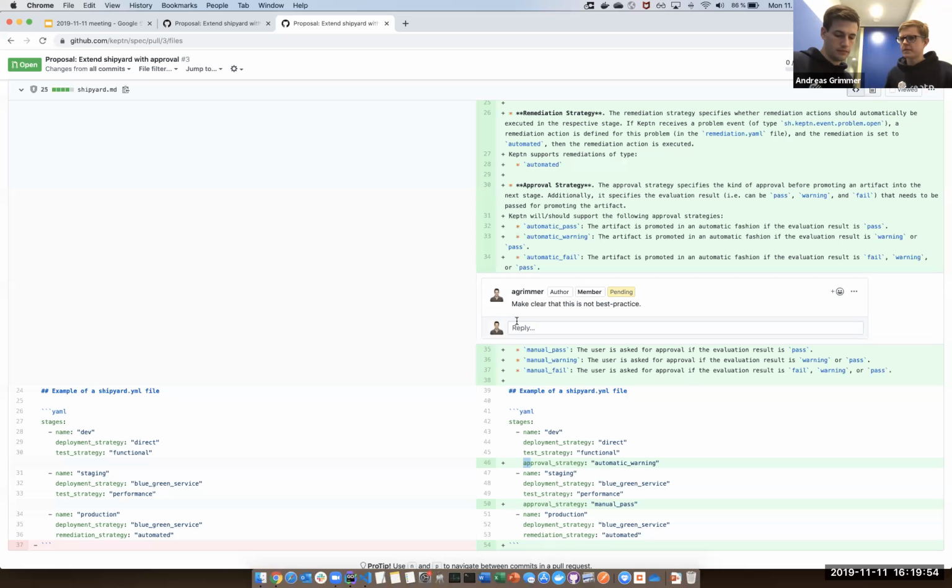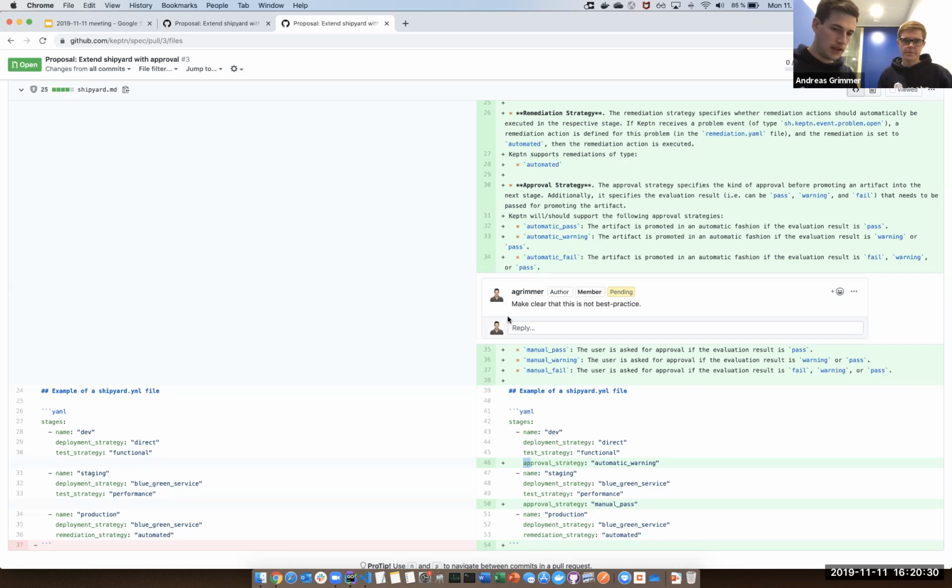I think this brings us to the point that we have to separate the action and the passing criteria. We cannot combine those. We have to split them, so that we can then individually combine them. But this will solve a map. Basically, this will solve Christian's proposal for having automatic pass, and if it is a warning to do